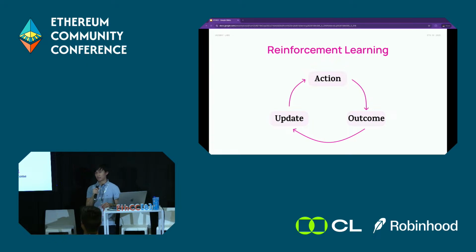So reinforcement learning will give us a simple feedback loop based on an action, an outcome, and updating based on that outcome, that can continuously adapt to on-chain results to give us better auction parameters. So this allows us to not need manual tuning per token or per chain, and our model will learn directly from on-chain market behavior.